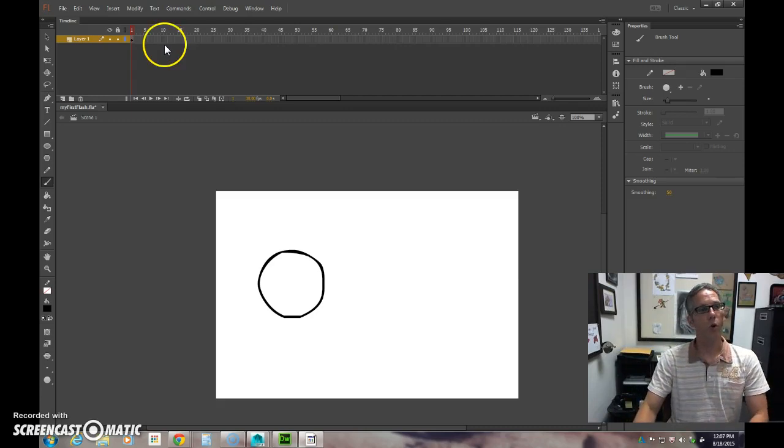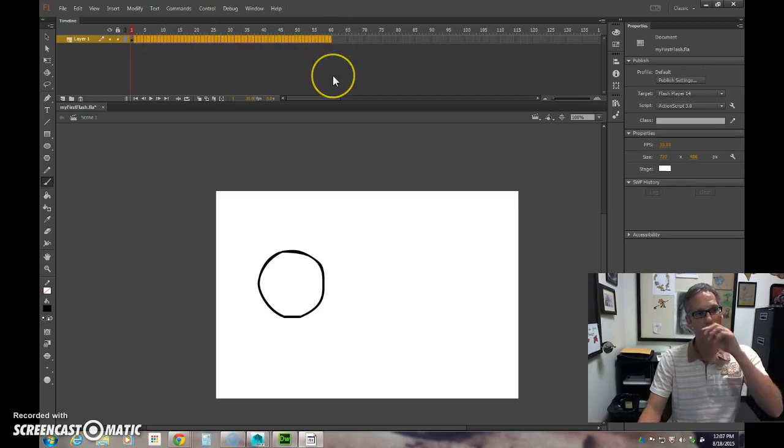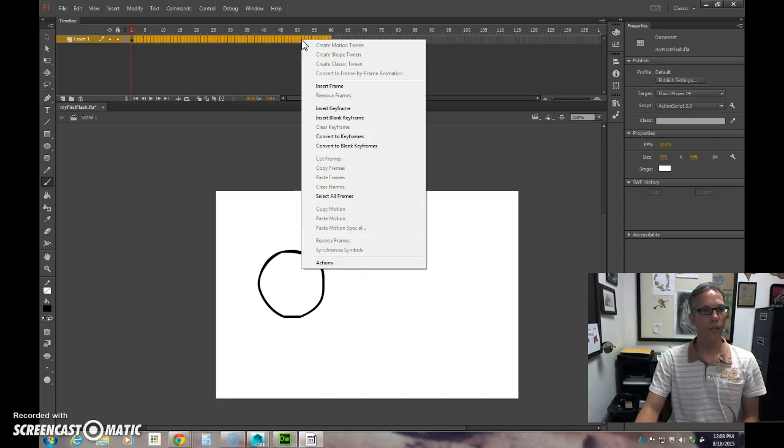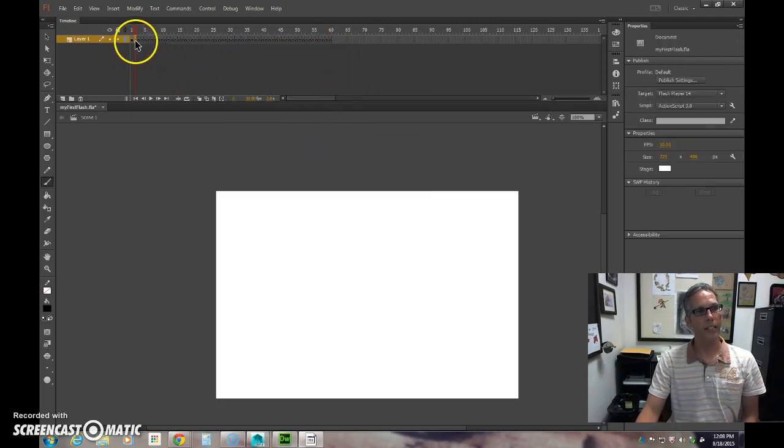So what I can do is I can go up to my timeline. I'm going to click in frame number 2, click and hold with my left mouse, and drag to frame 60. Now when I do that, it highlights those frames, and I'm going to right click and say convert to blank keyframes. When I do that, it makes a series of pages